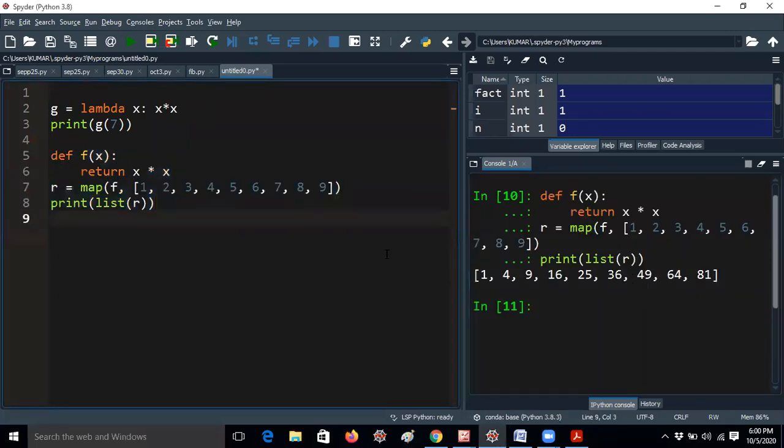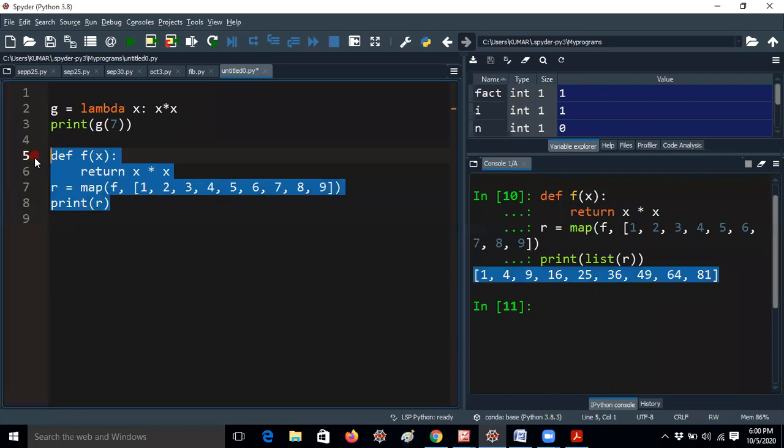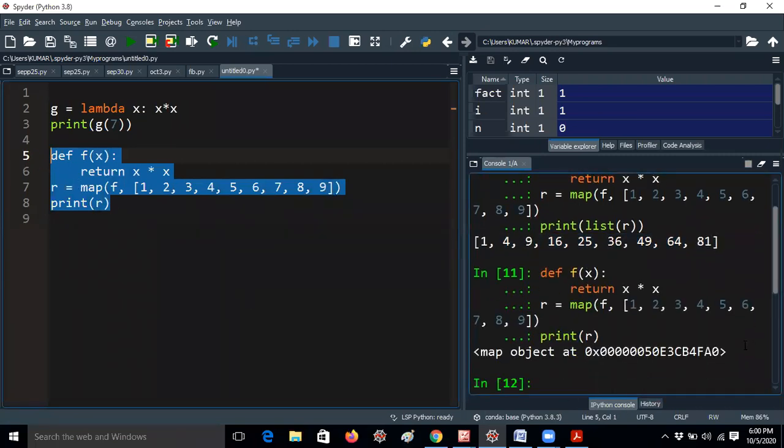So I am getting the squares of the particular numbers 1, 4, 9, 16, 25, 36, 49, 64 and 81. Every time the map function is calling the function with one argument, then it is returning the particular value. So this is nothing but a higher order function. Here I am giving list of r, that's why I am getting the values in list format, that means in square brackets. For example, if I remove the list function here, it gives the hexadecimal value like the map object, but that is not the good thing actually. We no need to get the map object values.